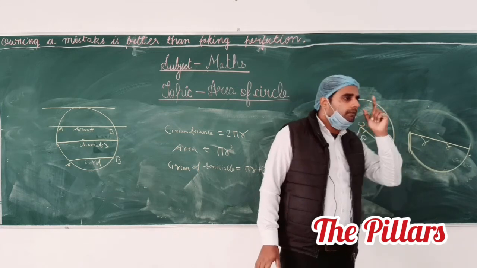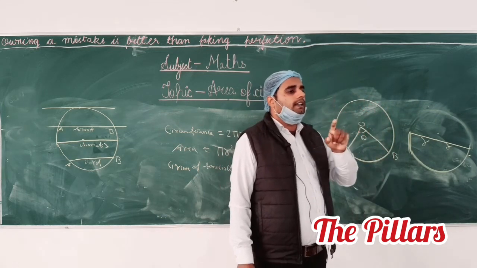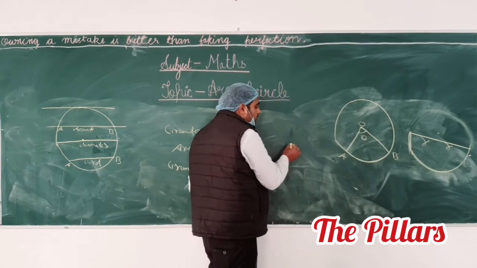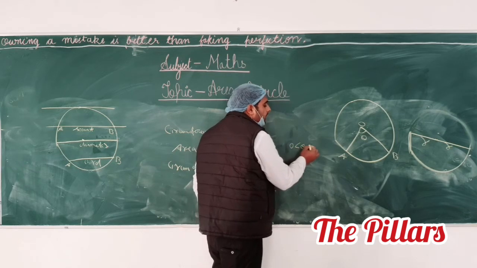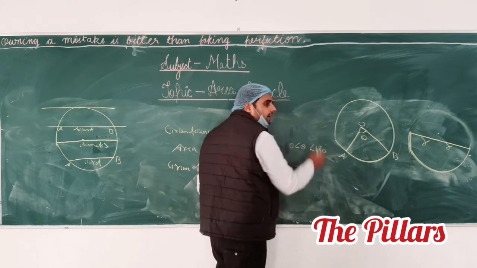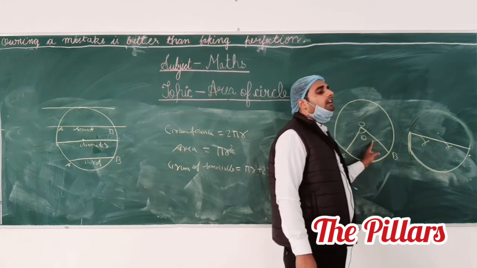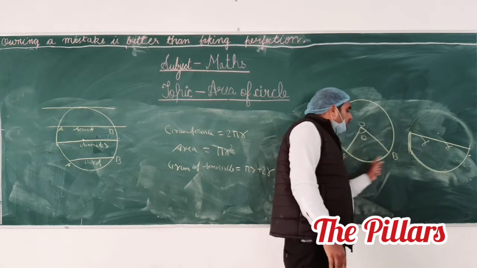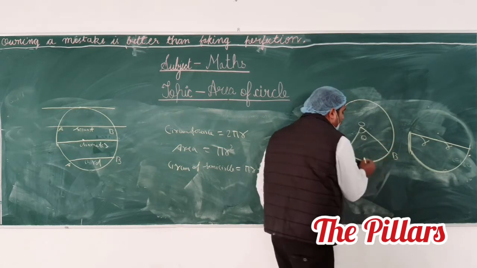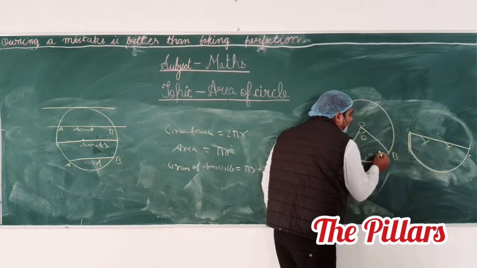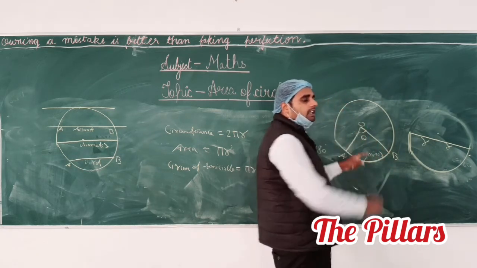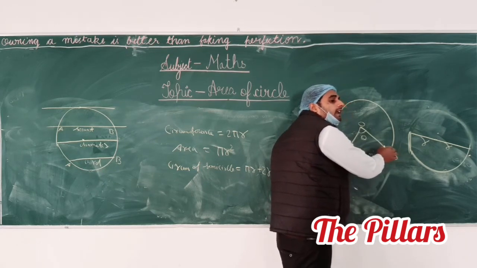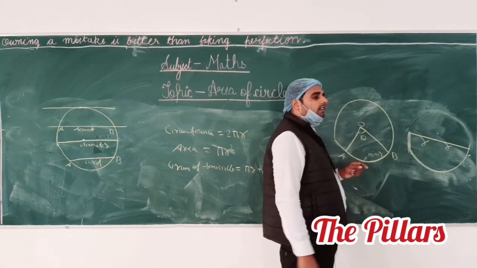After that, you have to discuss the major arc and minor arc. If 0 is less than theta is less than 180 degrees, it means if the value of theta is less than 180 degrees, if this arc makes an angle less than 180 degrees, then this arc is said to be the minor arc. It means this portion is the minor arc. The area covered by this arc is minor. AB is the minor arc and BA is the major arc.